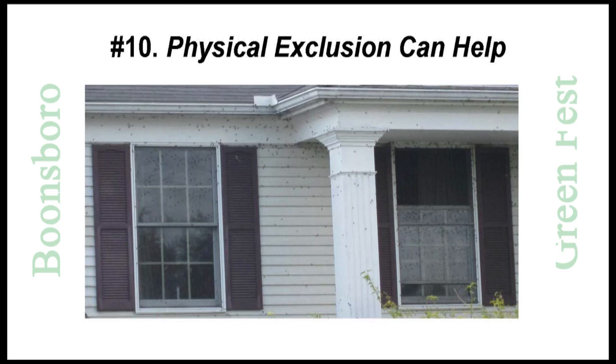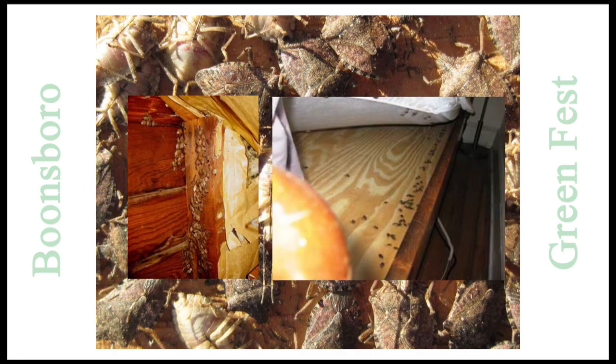Now, for everybody here that is a homeowner, what we are learning is that physical exclusion, however difficult it may be, can help keep the bugs out. Thing to keep in mind, from September 15th to October 15th, this is when they're going to be moving toward your home. So if you're going to do physical exclusion, that's when you want to do it, because otherwise, where's